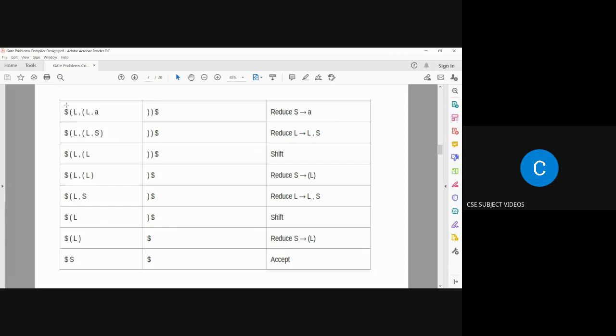Listen here, the stack has $ [L, [L, A, and then the remaining input symbols are in the input buffer, then ]$. With this, what will we do, shift or reduce? With this A we can reduce by S. According to our first production, we can reduce A by S. So instead of A we are mentioning S, and then $ [L, [L, S] S], because